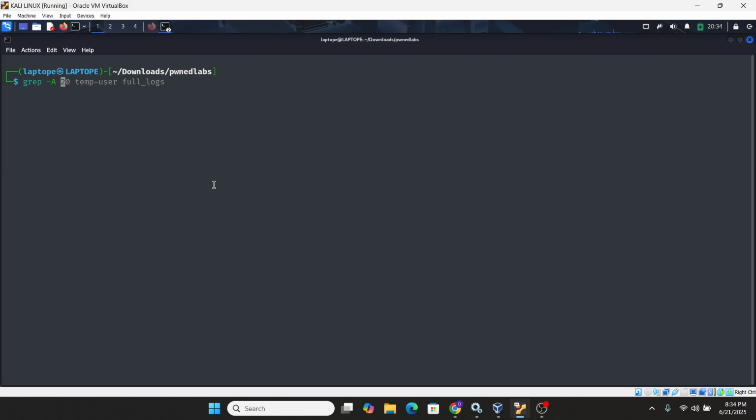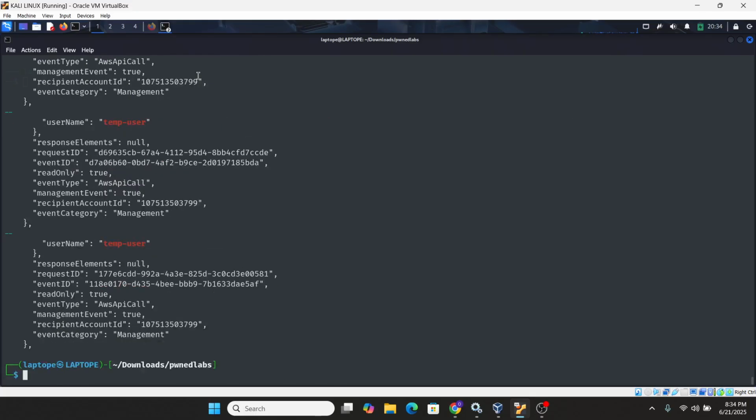Let's assume we print 10, then the name we are looking for, temp user, from what file? Full logs. That's it. So grep -A here means that we'll print out 10 results anywhere temp user appears from this full logs.